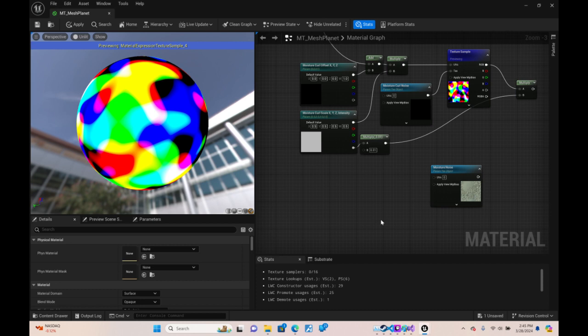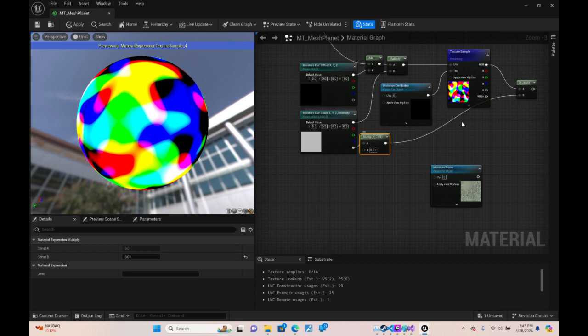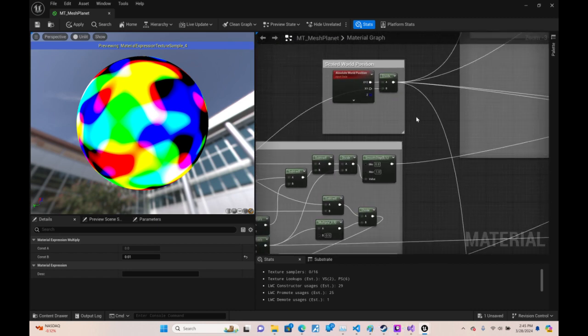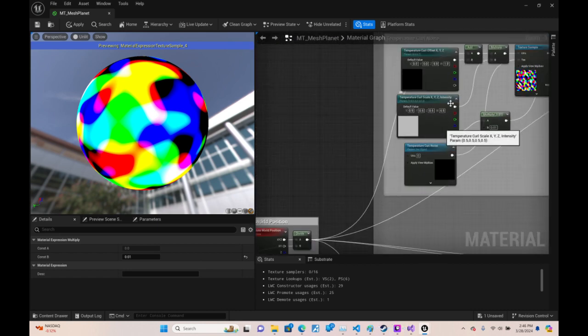Maybe you want the user or whoever's using the material to just be able to set the value between 0 and 1, for instance. So what I do then is I find a good baseline: what's the maximum amount of this value that still looks good and isn't over the top? So you figure that out, and then you take the user's input and multiply it by that, which is why we have this multiplied by 0.01 here and up here, because this needs to be a very small value, but I don't want to have to set